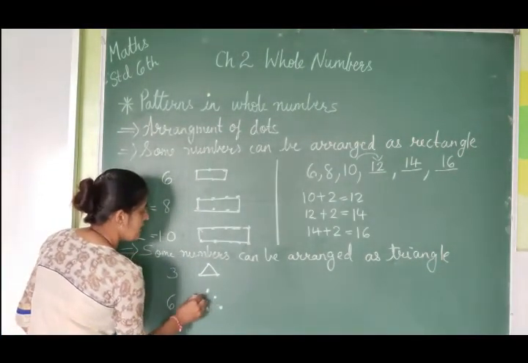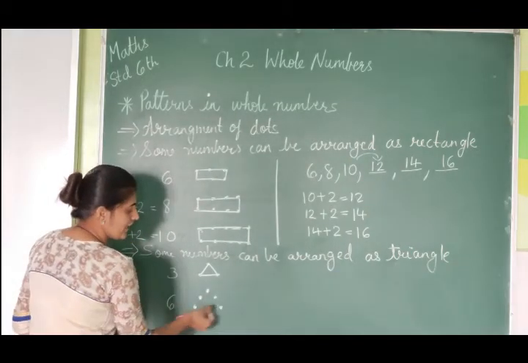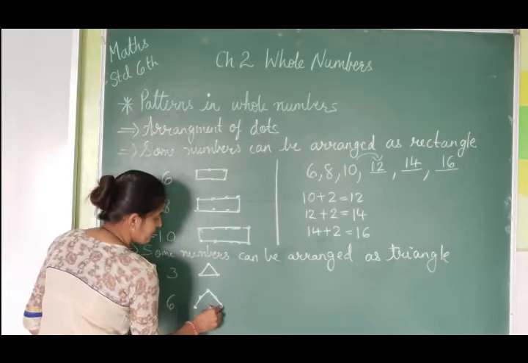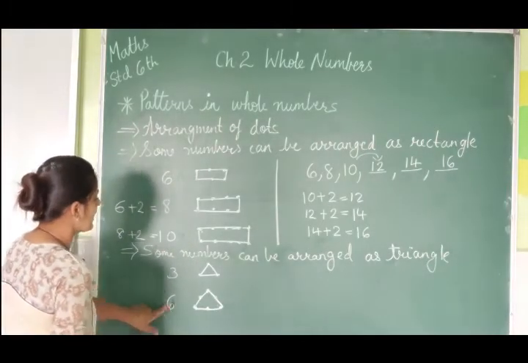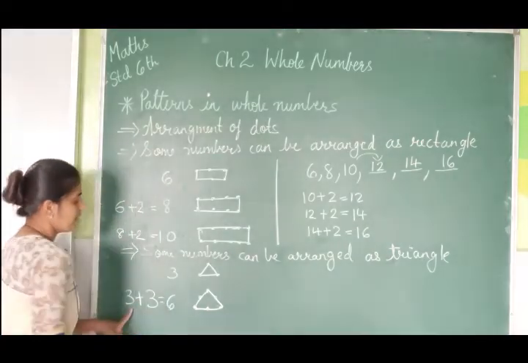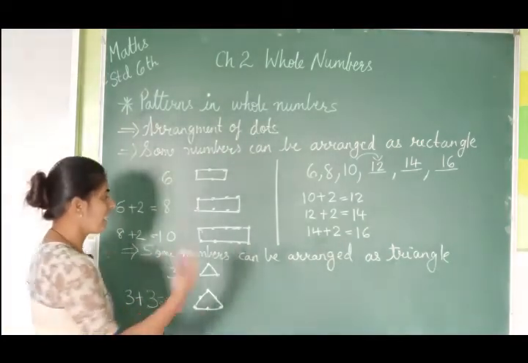Here 1 2 3 are already there, and again I will add 3 to it, 1 2 3, then 6 dots are there. So this 6 we are getting when we are adding 3 plus 3. Now next can be